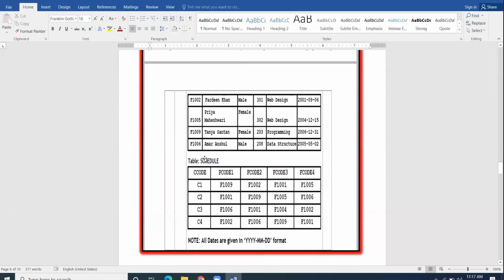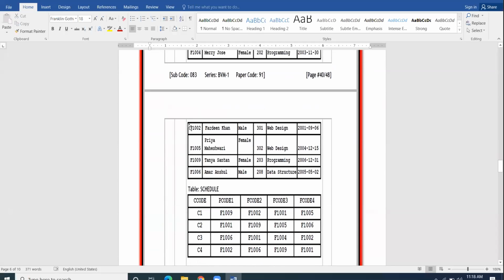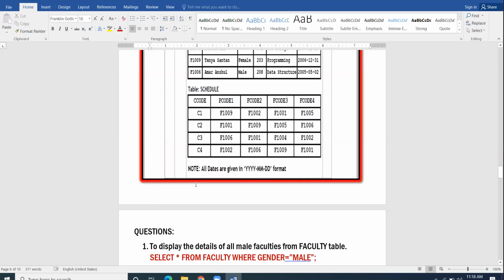I again repeat, the F1001 value of the F code field of the faculty table is matching with the F1001 value of the field F code 3 of the schedule table. Correspondingly to this, the CC code is C1.